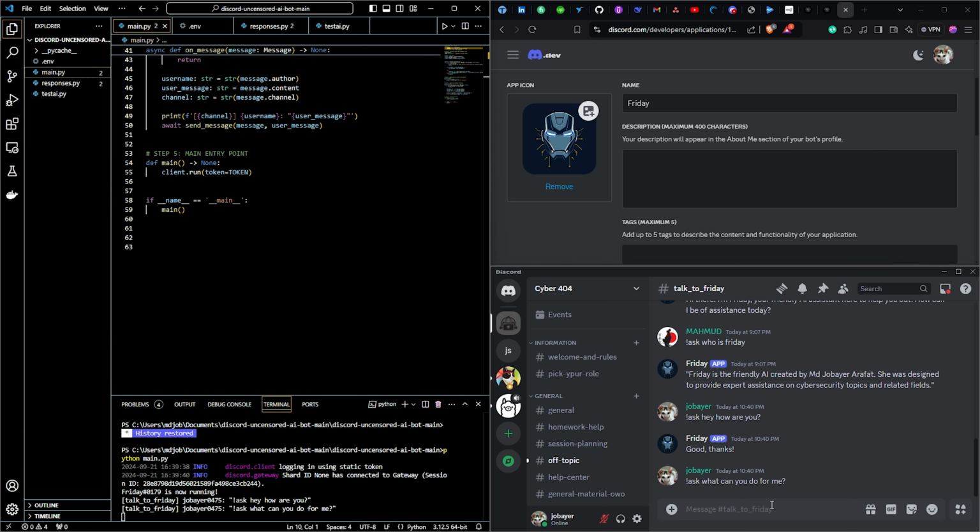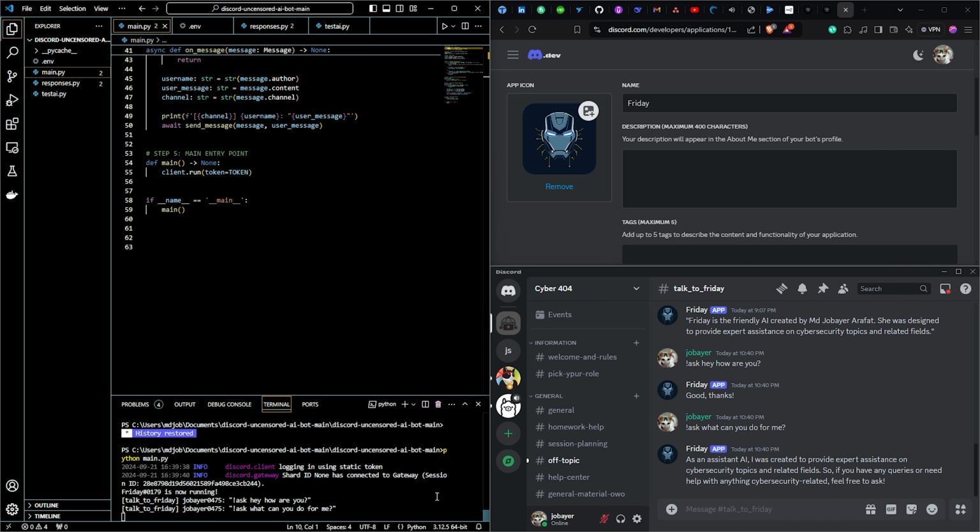Whatever I write here will be reflected here, and from here it goes to my Ollama model, which will respond. Then after that it will show up there. It takes a little time because it's all running locally, so there is a network issue. This AI assistant has already provided the response.